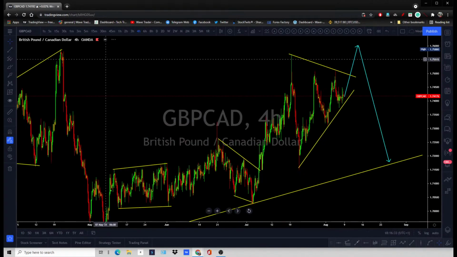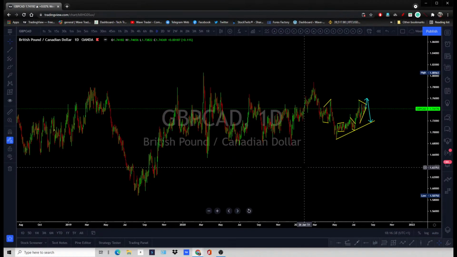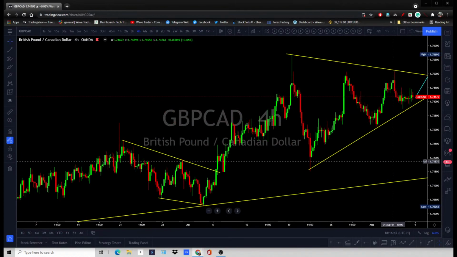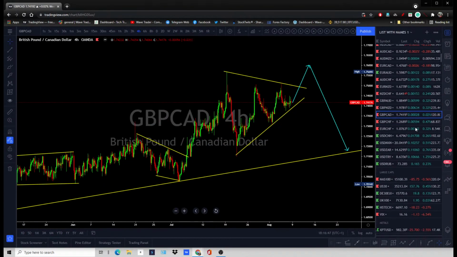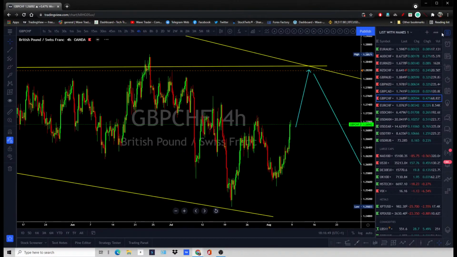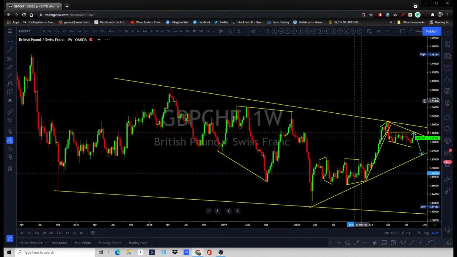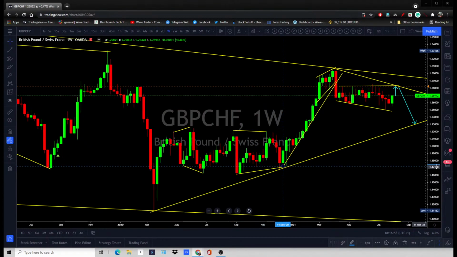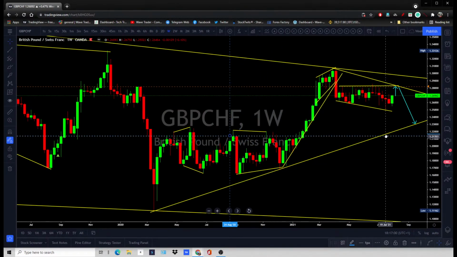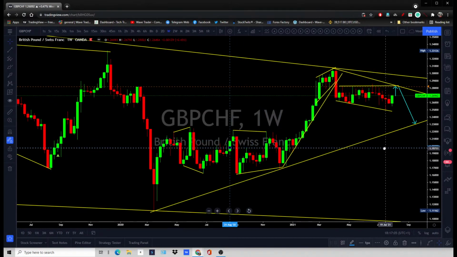So pound CAD pushes slightly more higher and then drags lower. A big sideways market we are having on this currency, pound against the CAD. Slightly push more higher and then drag lower. Not the best chart right now. All right, so this is going to be the best chart to watch for the next couple of weeks to months. A big drop I'm expecting on this chart.